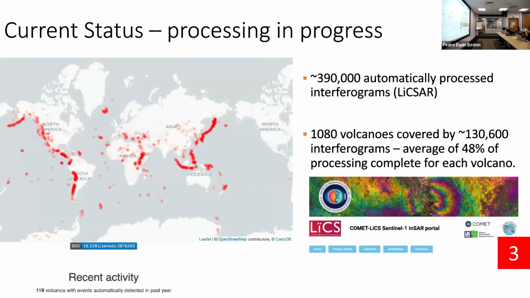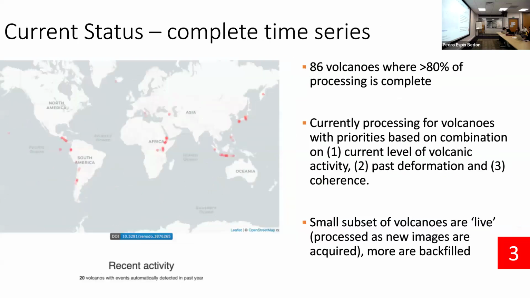So these numbers are out of date now. We've actually got processing for most of the volcanoes in the world. The restricted subset that I mentioned in the portal still looks something like this. There's a bit more on here now than in this slide. But if you have a favorite volcano, check if it's on this list first and have a look on the portal. If you have one that isn't on there, let me know and we can see about adding it sooner, or I can potentially log you in.